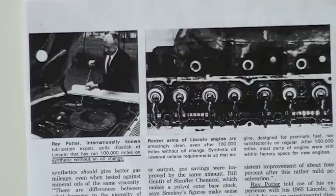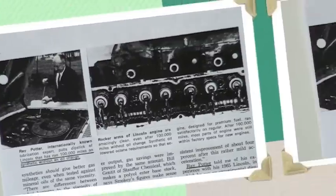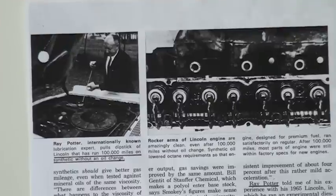Well, the engine was still in excellent condition, had virtually no wear. So that was Smokey's first experience with it. Smokey also wrote a book in 1983 called Power Secrets. And in Chapter 7 on lubrication and filtration,